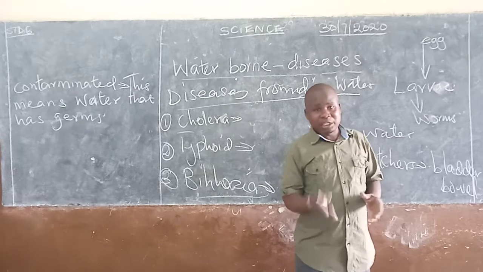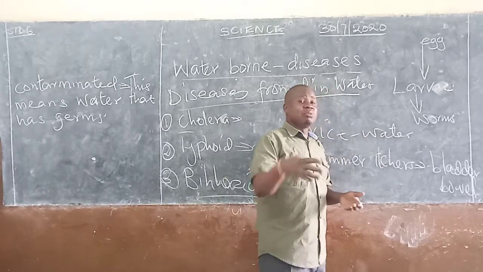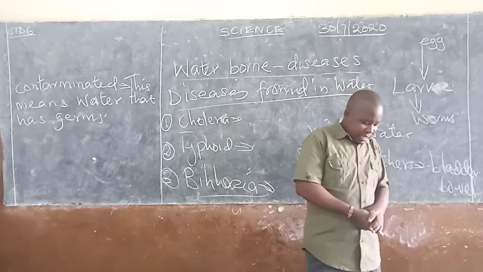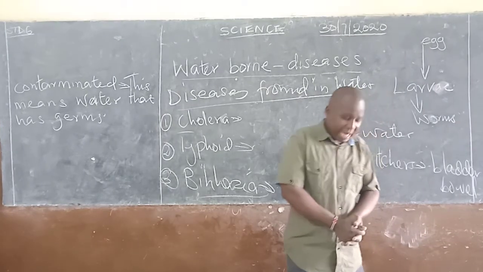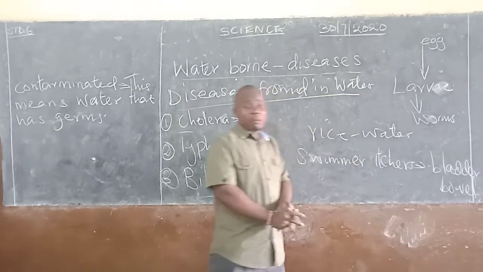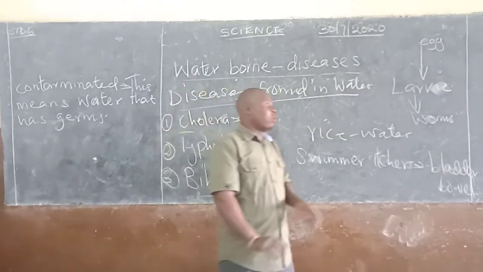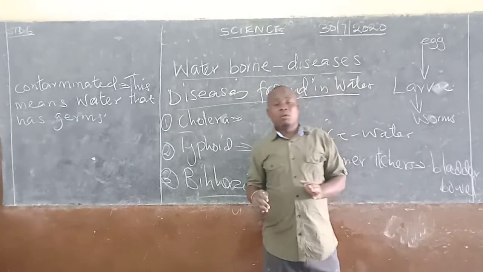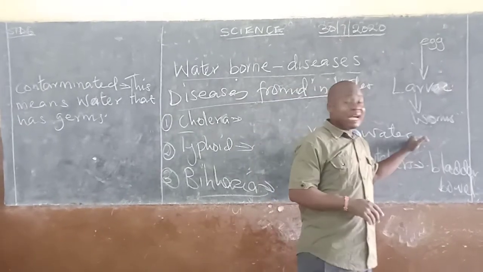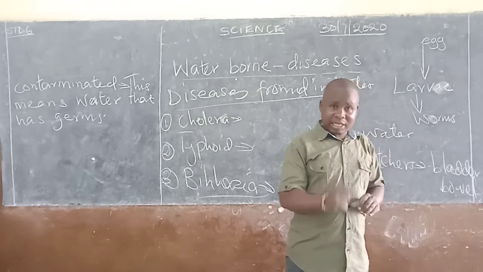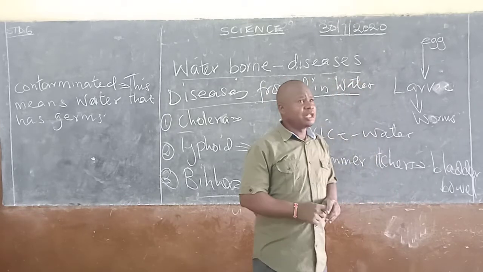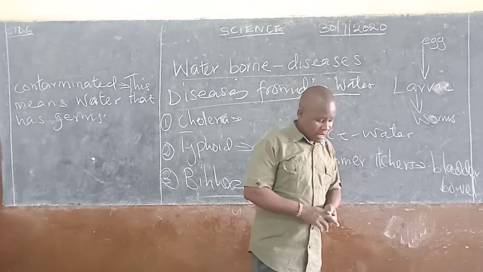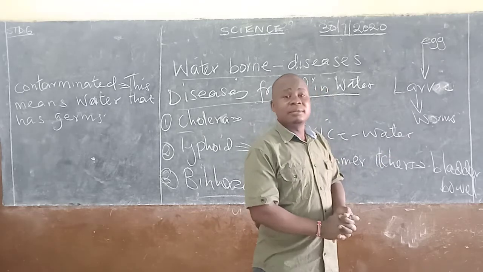Diarrhea may develop. It is not a must that you have diarrhea, but it may in some cases. Cough also may develop in some cases. There is blood in the urine and also blood in the stool. So when you see that somebody has blood in the urine, or in most cases blood in the stool, then automatically you say, oh, this person has what? Bilharzia.